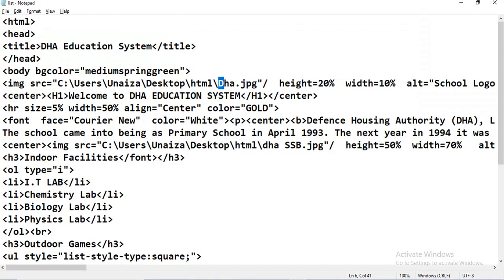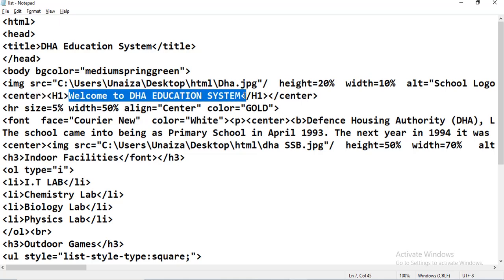After that I told you about types of headings. We have headings ranging from H1 till H6. Here I am using H1. The center tag is used to place everything in the center of the page. So I am using the center tag first, and then the H1 heading. This is what I am writing: welcome to DHA education system.